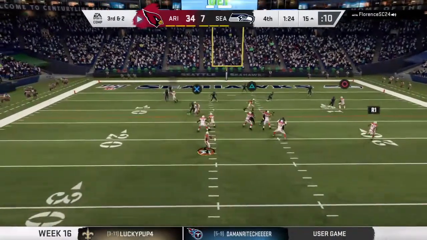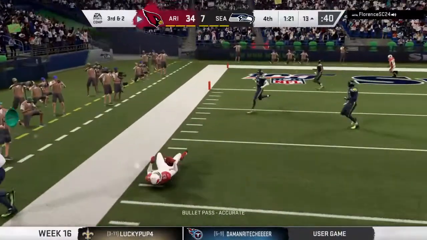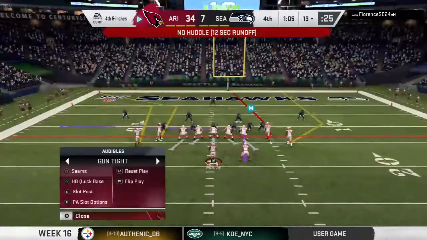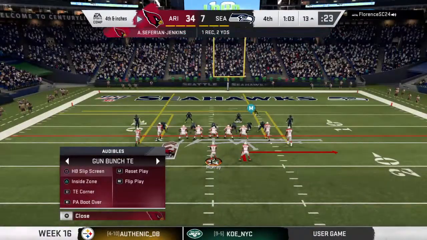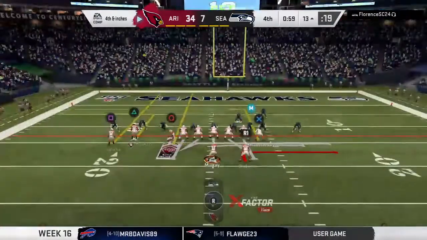Now this time, Murray to throw it. And he finds Safarian Jenkins. 2 yards is all they'll get on the completion. It's 4th down. The Cardinals worst in the NFL, 6 of 16 on 4th down last year, but they'll try